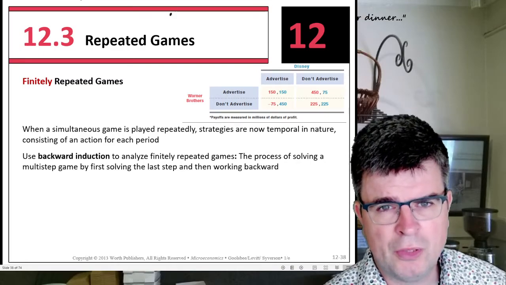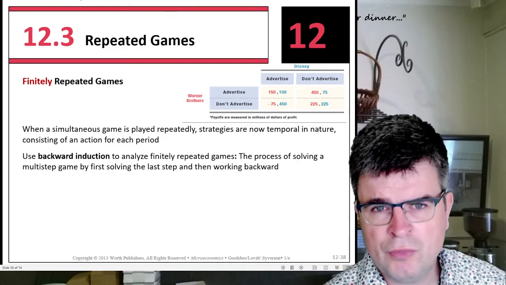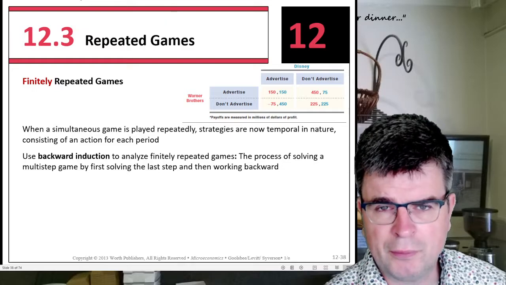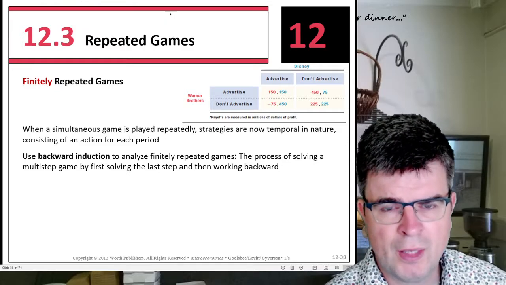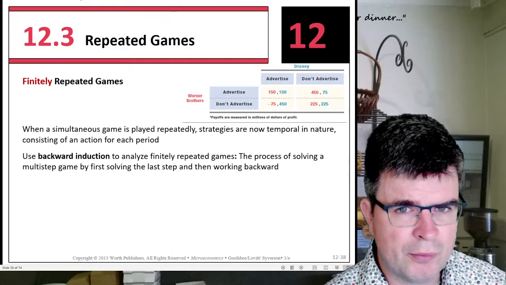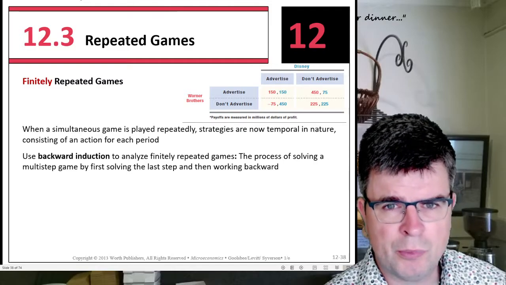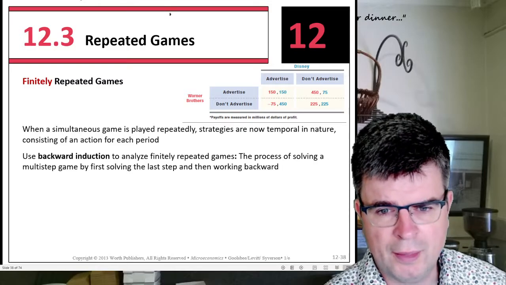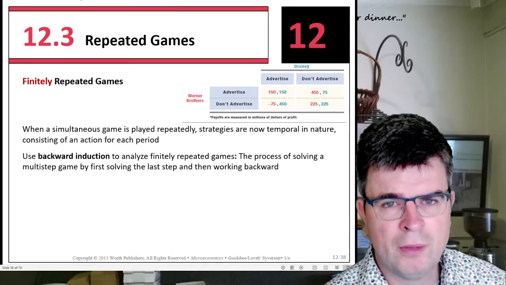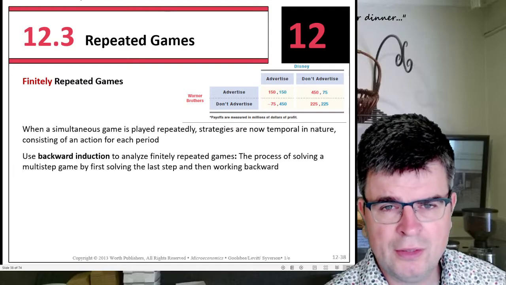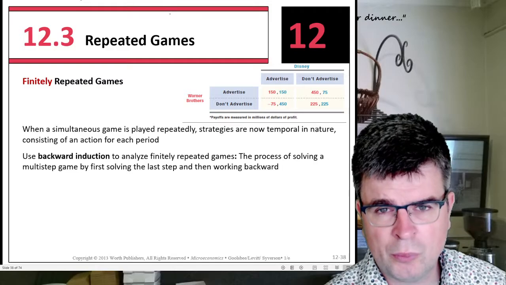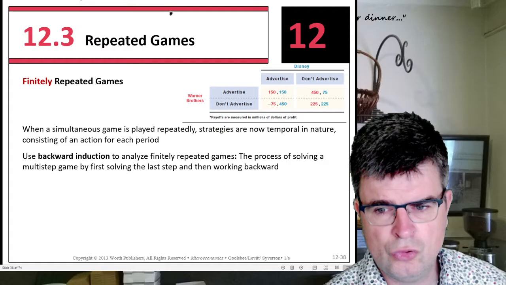And with backward induction, we start with evaluating what is optimal for each player to do in the final period, that is period 2. And then given what they do in period 2, we go back to period 1 and consider what is optimal for them to do there. And a strategy in this case is information on what the firm will do in both period 1 and period 2.